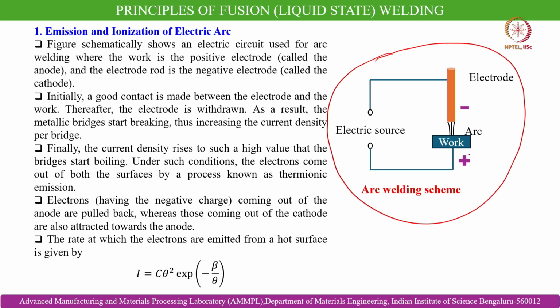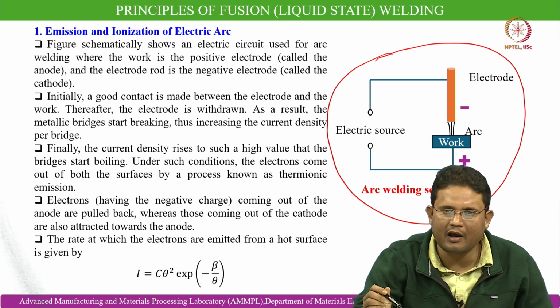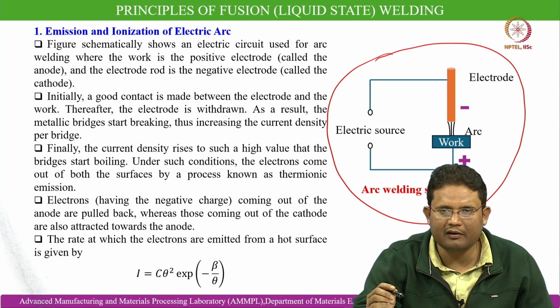that the work is a positive electrode, that is anode, and the electrode is negative in charge. So, what happens when that negative electrode is in contact with the workpiece anode? The contact is made, and then immediately when the electrode is withdrawn, the metallic bridges start breaking, thus increasing the current density per bridge. Finally, the current density rises to such a high value that the bridges start boiling, and then the electron gets released from the